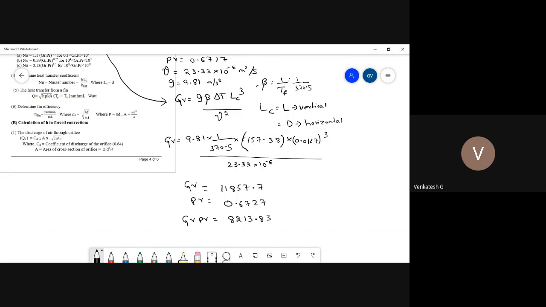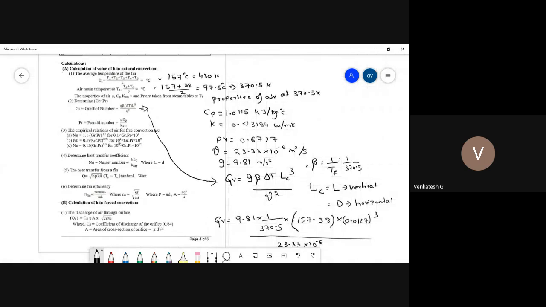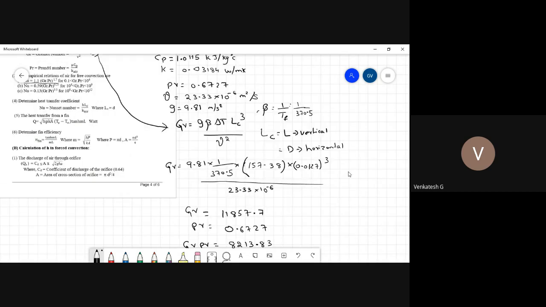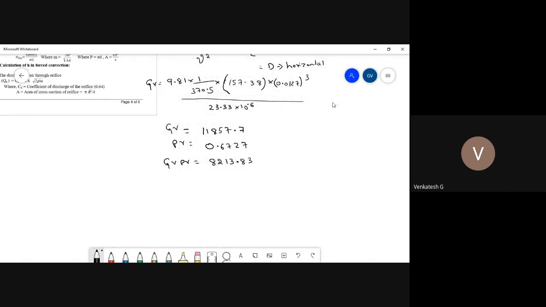So now, after calculating GrPr, you can see these empirical relations for air in free convection. The GrPr value lies between 10^-1 and 10^4, so we can use the Nusselt number equation Nu = 1.1 (GrPr)^0.17. Write down that equation. So Nusselt number is equal to